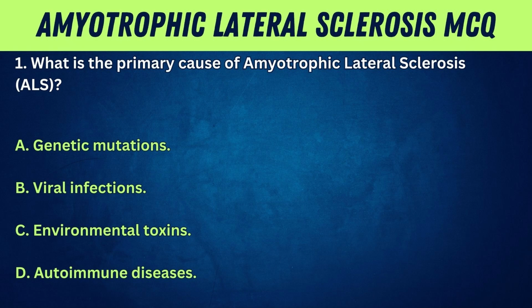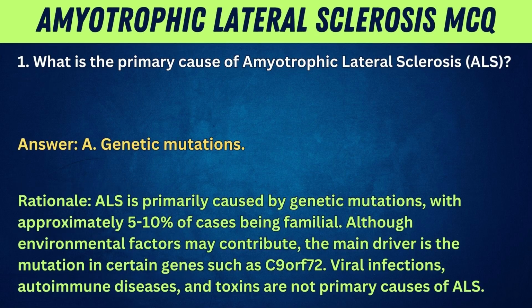1. What is the primary cause of amyotrophic lateral sclerosis, ALS? A. Genetic mutations. B. Viral infections. C. Environmental toxins. D. Autoimmune diseases. Answer: A. Genetic mutations. Rationale: ALS is primarily caused by genetic mutations, with approximately 5 to 10% of cases being